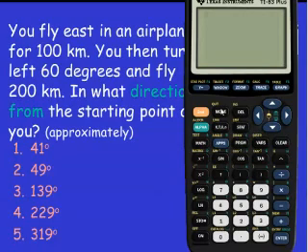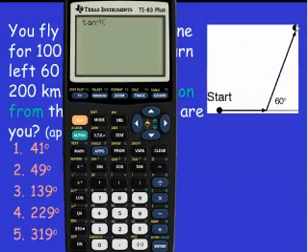And to find the angle, we want the inverse tangent. You should make sure you can get these numbers that I'm getting here. And I want the y component, which was our 170. So I'm going to divide 170 by my x component, which is 100 plus 100, so 200. And we get